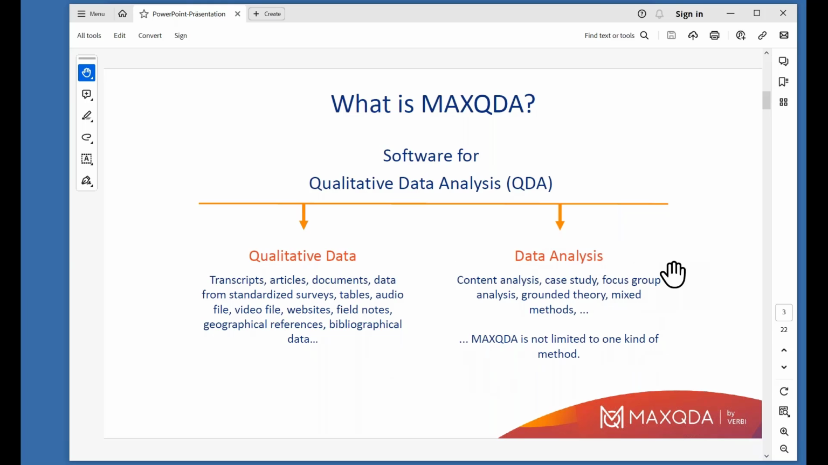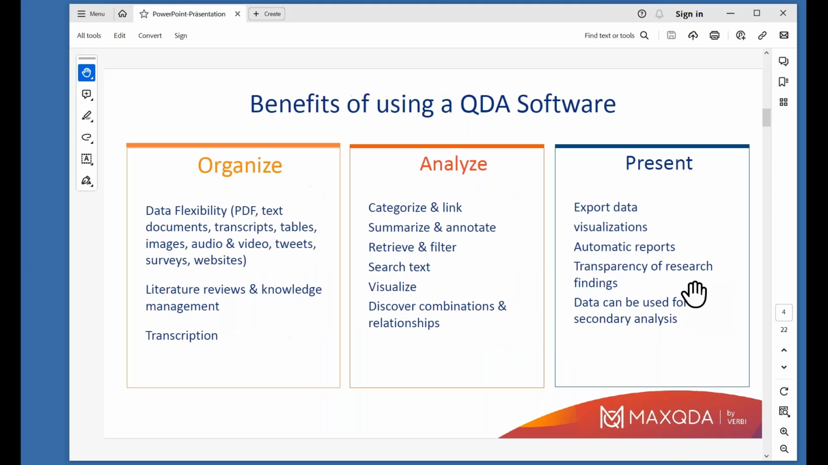And the analysis can be done in many, many different ways. We've just got some examples: content analysis, focus group analysis, mixed methods, and so on. MAXQDA can handle all of these kinds of data and many different kinds of method. It doesn't have a button that says, do me focus group analysis. You have to work out how to use the variety of tools in ways that are consistent with your chosen